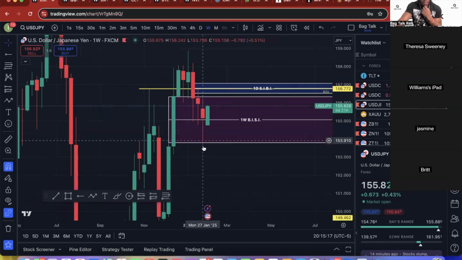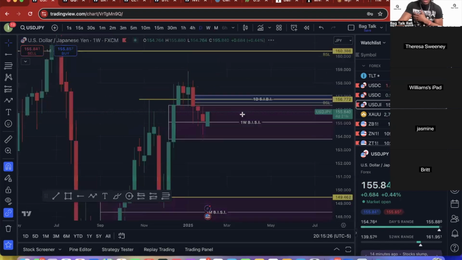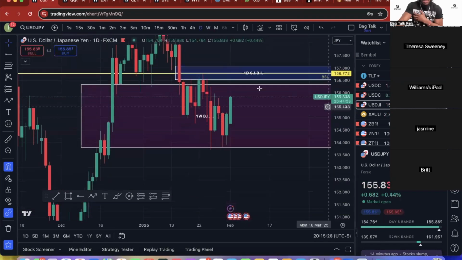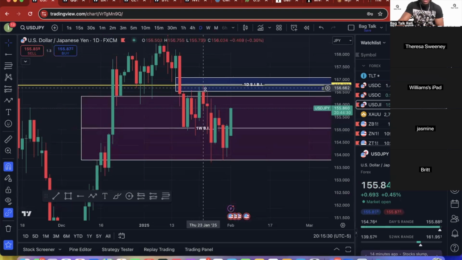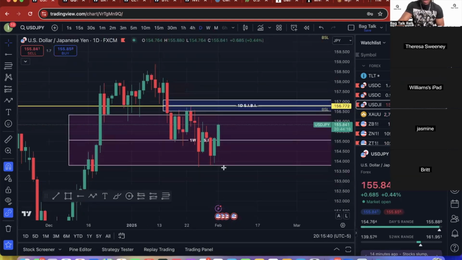So notice how price came and fell at the weekly fair value gap, and we wanted to see if this could continue higher right there. This was something we wanted to make a decision on based on last week. We wanted to say, all right, if we're bearish, price should reject this. It rejected it, but it still hasn't invalidated the bullish PD array. So whenever you're in between PD arrays like this,